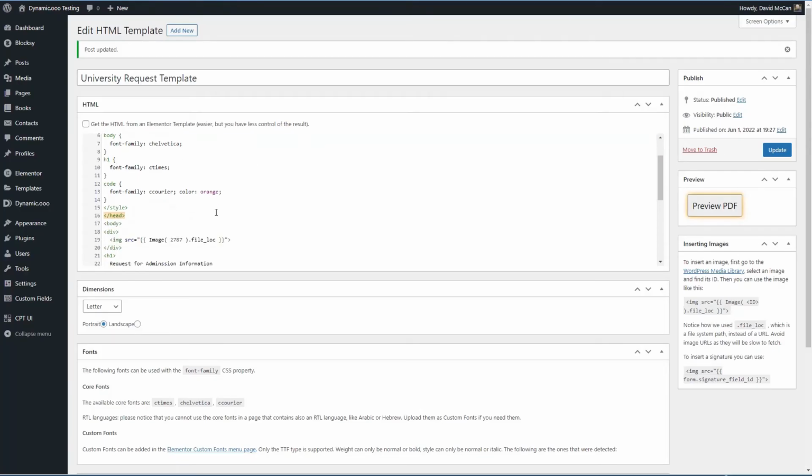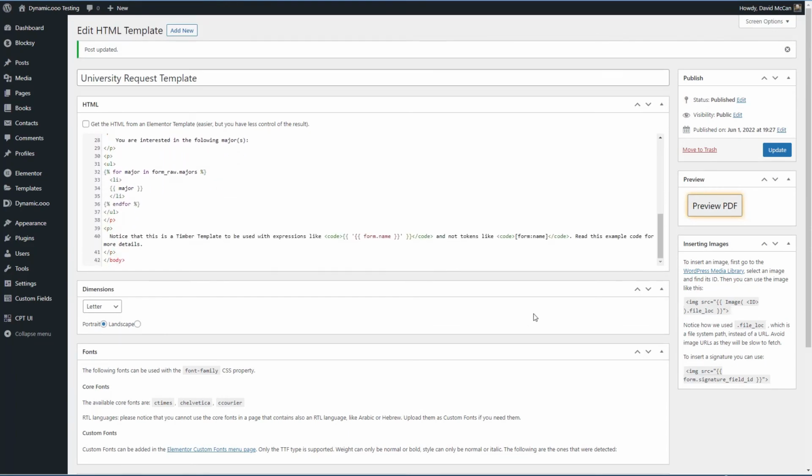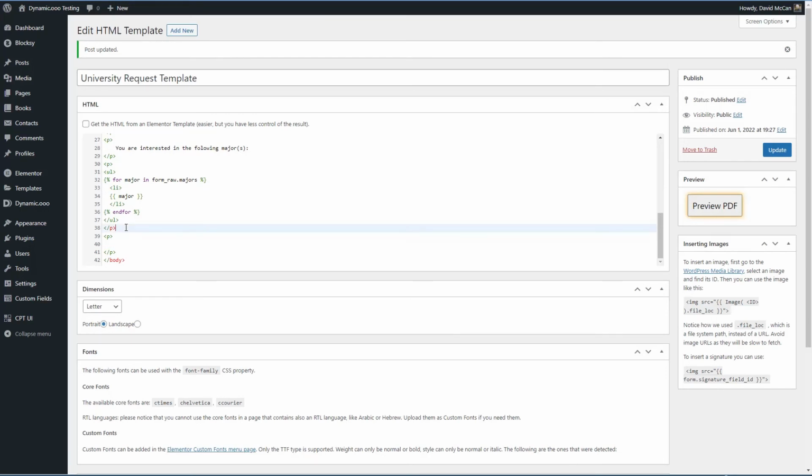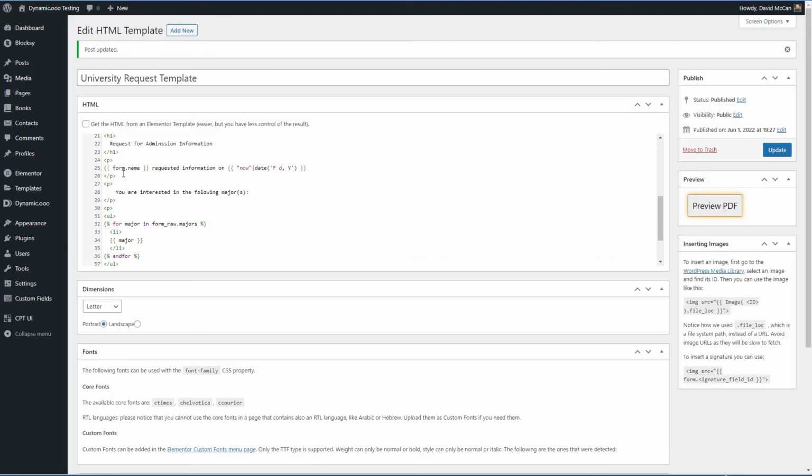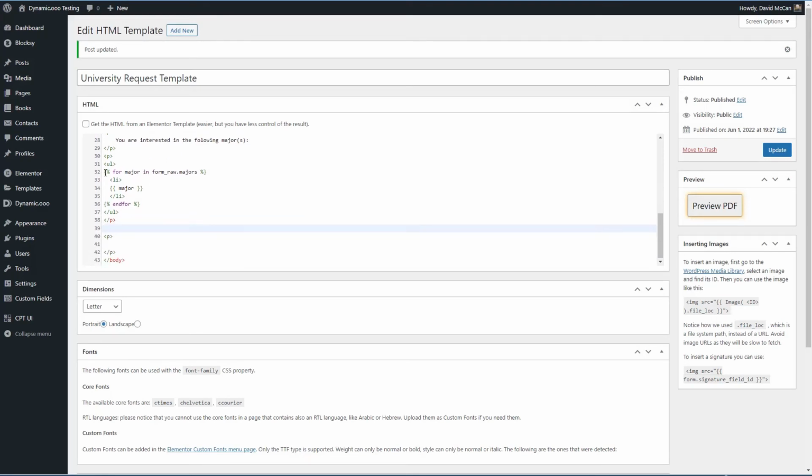Let's go back to the template now. Now we want to get that financial aid information. I think we can take this part about the twig out. Okay, but we want to do now the financial aid information. And so now we're going to need to do a twig if statement. And one thing I want to show you, see how the variable has two curly brackets? See, form.name has two curly brackets, but the command, the for loop, just has one and the percent sign. We're going to add one curly bracket, percent sign, and we're going to say if